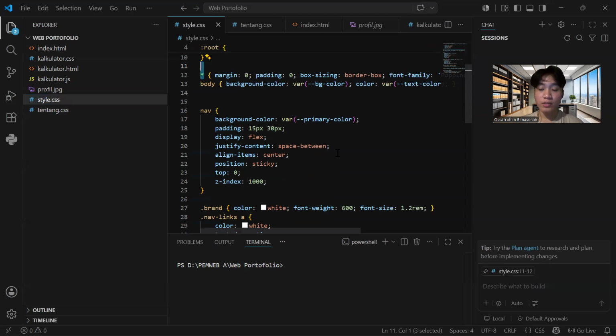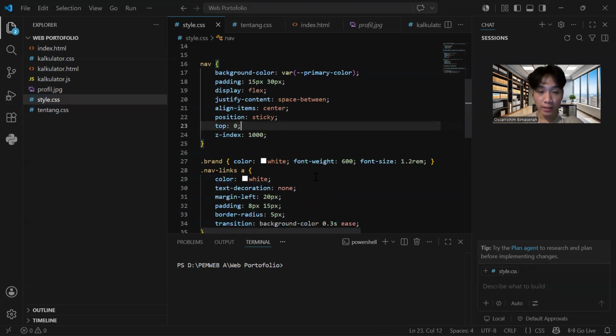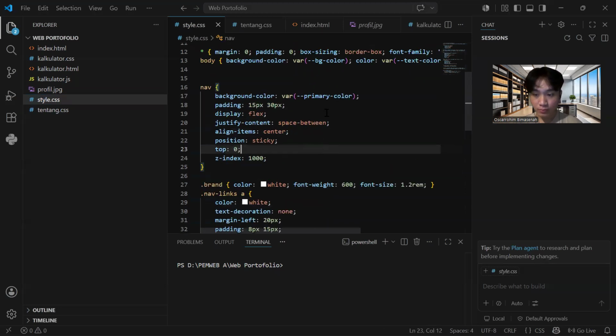To make the navigation bar sticky, I use the position sticky property, combined with top 0 and a z-index of 1000.